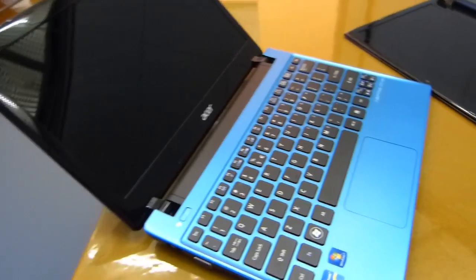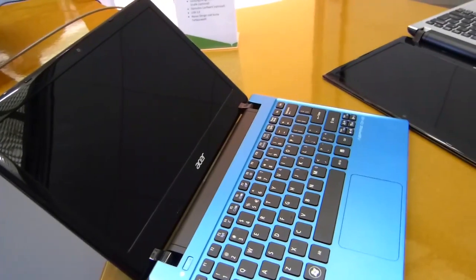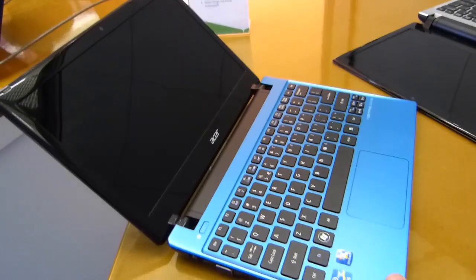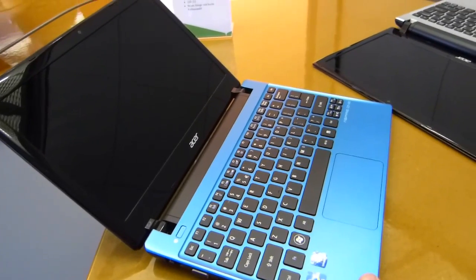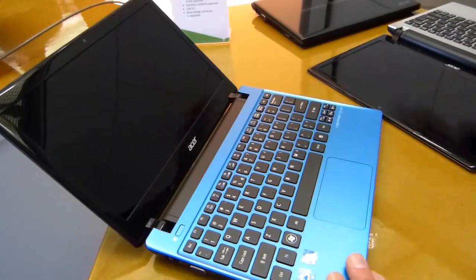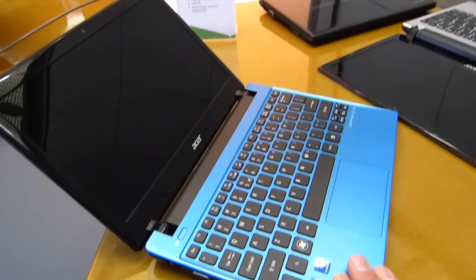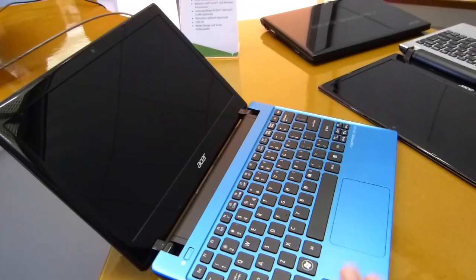So maybe lower end processors, Core i3 maybe as a netbook. Maybe even Cedar Trail, you never know. That could be something that they'll use in this platform to bring it into a really low price point. And that might be what they were talking about on stage. $499 was the entry level they were talking about, so maybe they're talking about Cedar Trail netbooks version of the